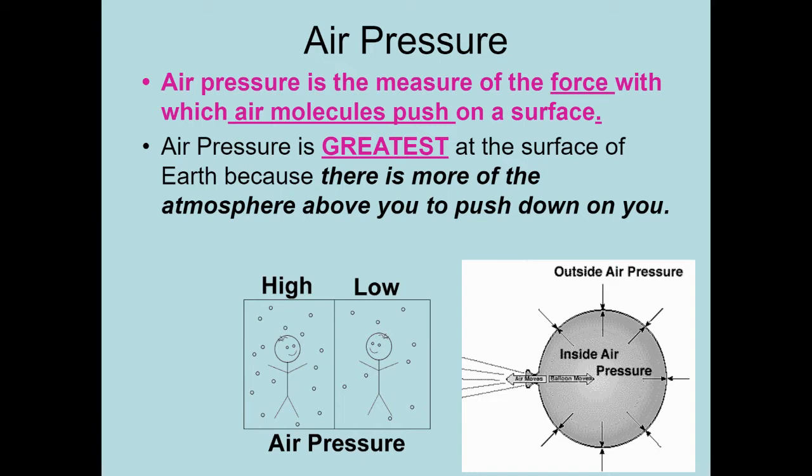Air pressure is greatest at the surface because that is where the most amount of atmosphere there is to push down on you. If anybody's ever done one of those human pyramids, where you make a pyramid out of a bunch of people, the people at the bottom of the pyramid feel a lot of weight on their back. The people at the top of the pyramid feel less weight, and that's exactly how air is. At the Earth's surface where we are, we feel much more air than if you go way up high in the atmosphere, because there's less air to be pushed down on you.